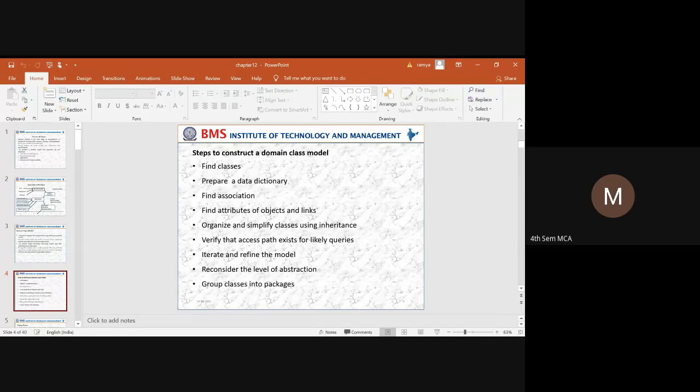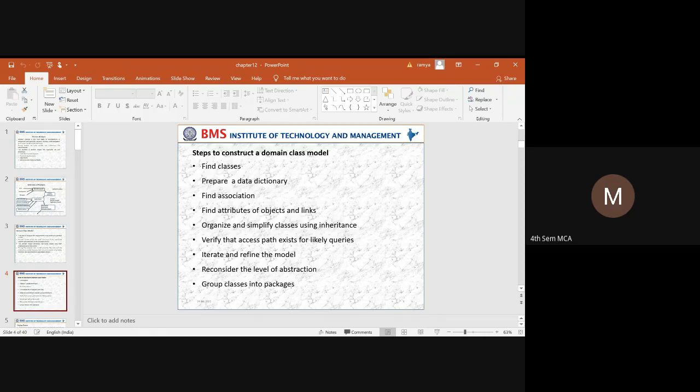That means we have come across navigation of a class, right? How do we navigate or traverse along the classes? That has to be organized. When we have defined a class model, it should have connectivity so that a particular class can be accessible through one of the paths. In that way, we need to frame a class model.